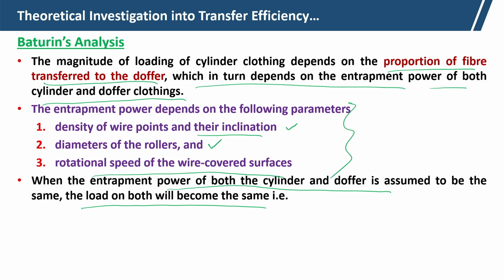We can control the entrapment power. So, QC equal to QD, that means the load on cylinder and load on doffer will be the same if the entrapment power is the same,